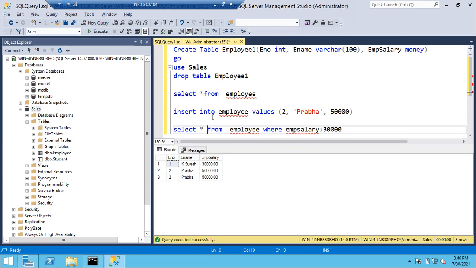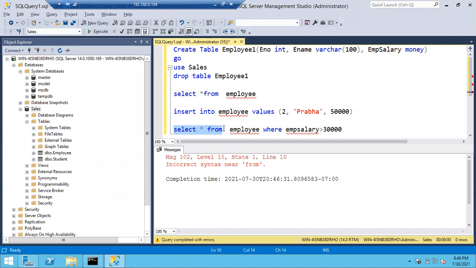Even though the query is this long, if you want to execute part of it, you have to select up to the part you want to execute. If that part has meaning, it is going to execute. If you choose like this, select star from, there is no meaning for this selection, so you will get an error.